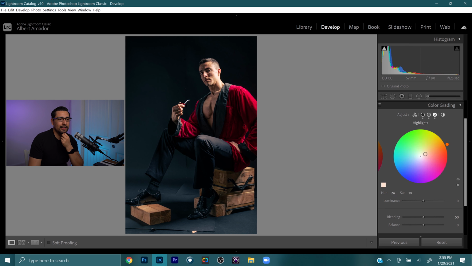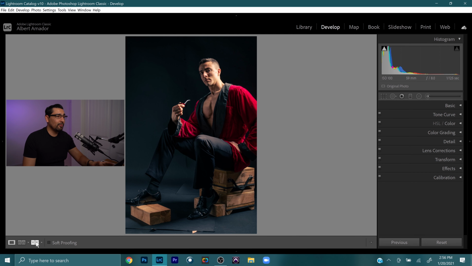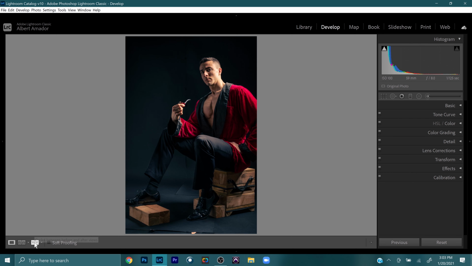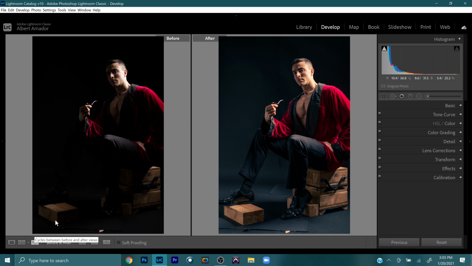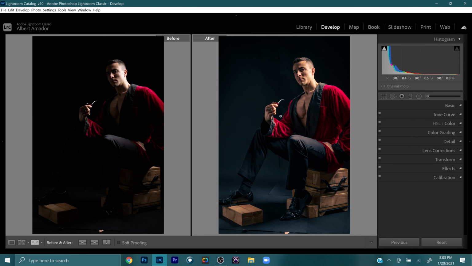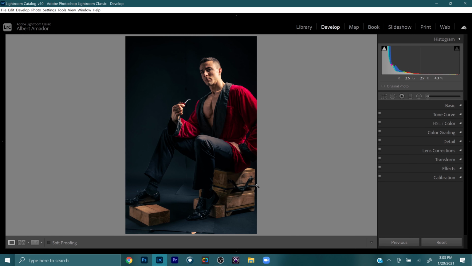Same thing with the highlights here. I'm going to go to a hue of 40 and saturation of 32. If I could get there. 31's fine, whatever. Okay. And let's kind of see where this photo is so far. All right, so we've already made a pretty significant transformation of this image. Here's the before on the left. Here is the right where we currently stand, but there are some other adjustments that I creatively want to make,